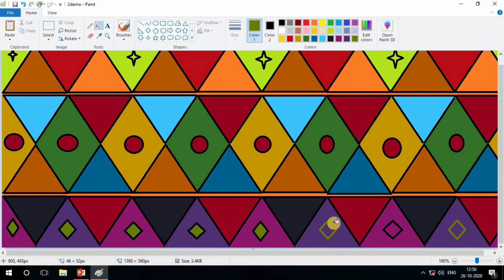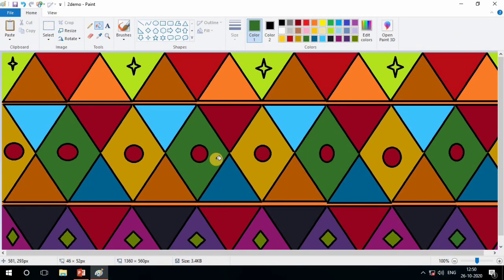Oops, here is a mistake. I will change the border color. So undo and then fill. Now see here the border color is also changed. So select the black color and come here and click. Again choose the color and fill it inside. So our picture is complete here. Right? Our picture is complete here.